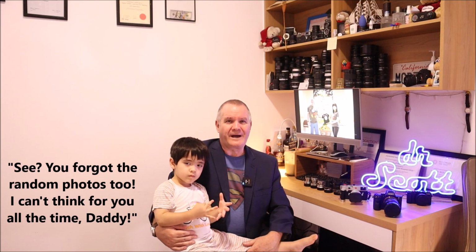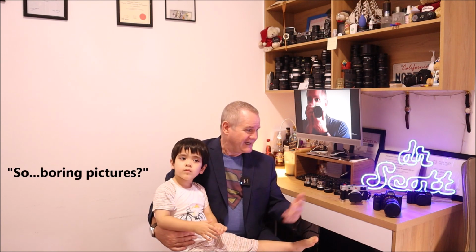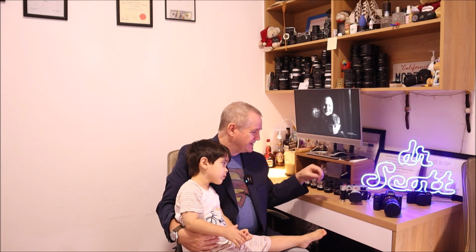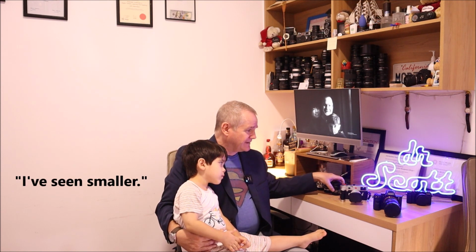But that's not why people buy Summicrons. It's not for the artistic quality of the lens itself. It's very lifelike. It's very much journalistic, or it's a great reporter lens. Street photography, getting out there and capturing life, is what this lens is all about. Again, look how small they are. I mean, these are tiny, tiny lenses compared to